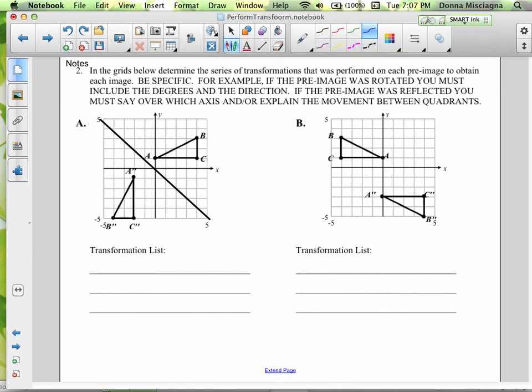All right, so our points here, we've got -2, -1. Actually, let's write this as a little matrix rather than trying to get that all in there. So we've got -2, -1. B is at -4, -5. And C is at -2, -5. All right, so if we reflect over y equals x,